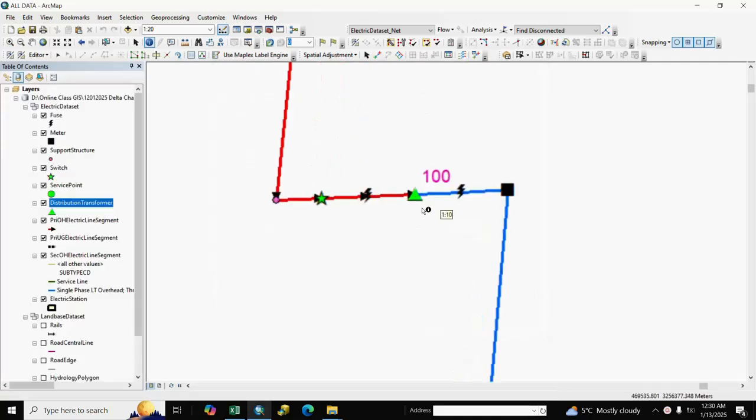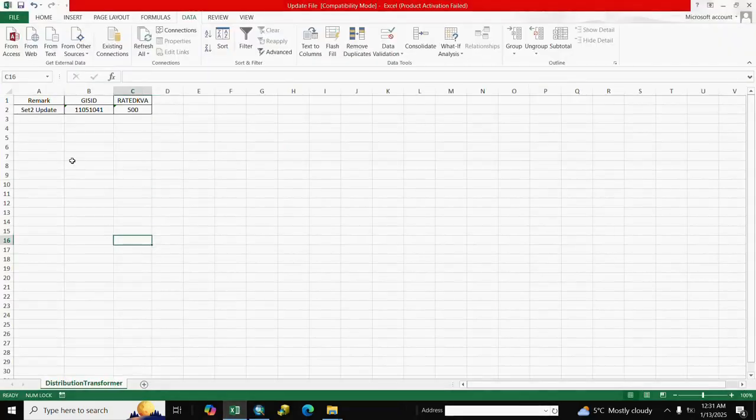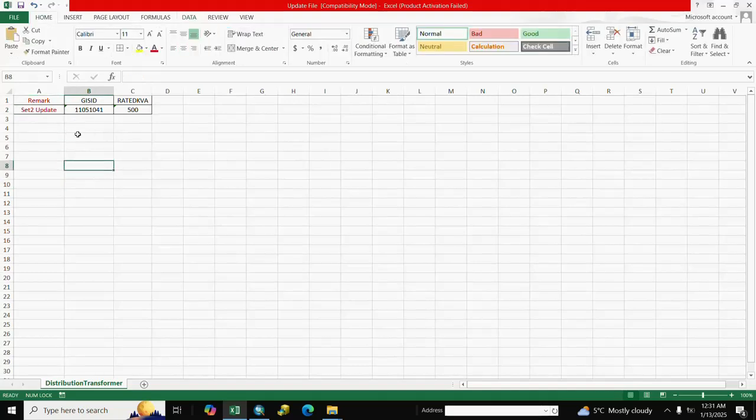You see here it's 100 kVA, and its GIS ID 11051041, and we have available here the Excel file. Here is format, remark, set1 update, GIS ID, and rated kVA.